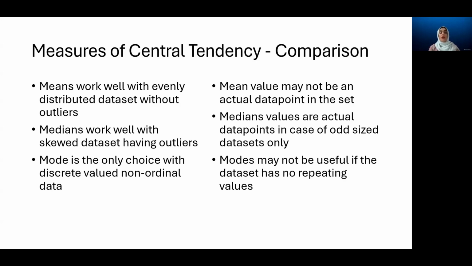But there's another thing. If you have a certain kind of data set which is discrete in nature, which is not continuous, and discrete values may result because of numeric encoding of data set. For example, let's consider this with the help of an example. We have a data set in which people reported their favorite colors. Now, this data set